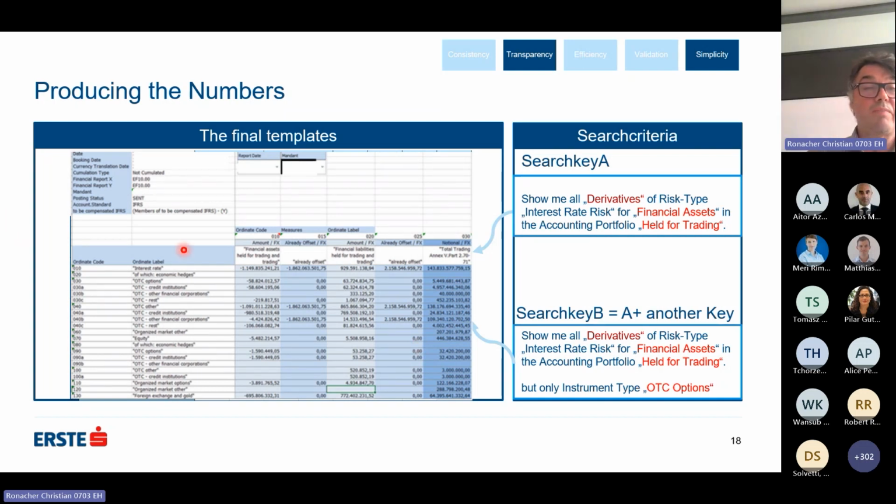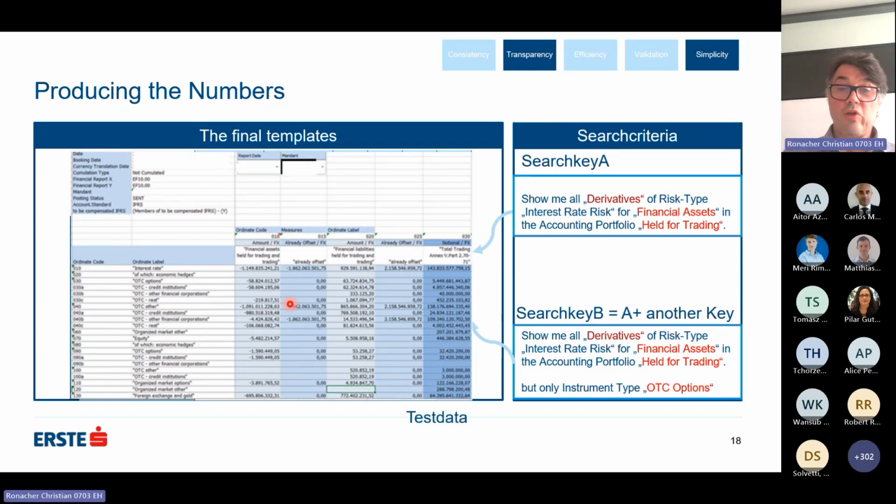And here you can see some context, but what you can see too, the numbers are not important right now, is that the x-axis and y-axis of the templates are completely dynamic. And I have to emphasize here, this is not a two-dimensional template. It's millions of postings which result in this FINREP template according to the pattern you have seen before. So this table is completely analyzable. You can click on a cell, you can drag and drop the dimensions, you can query it in every aspect, and that's very powerful for us.